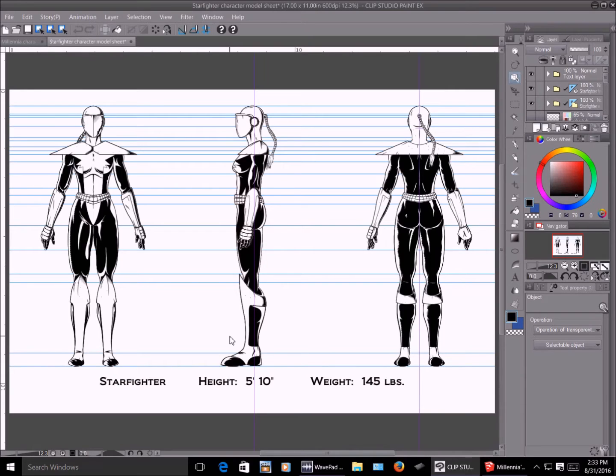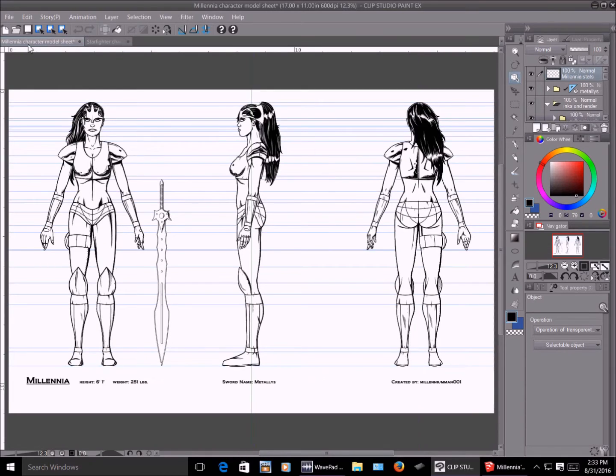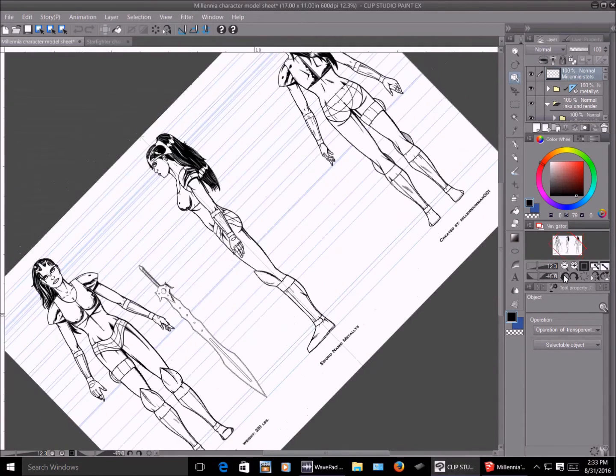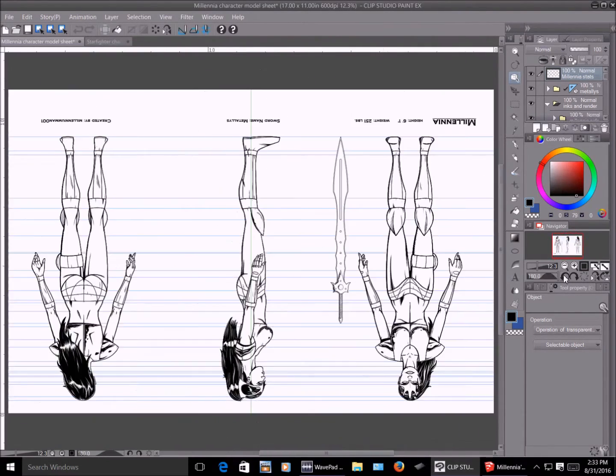But after playing around, testing a few things, I found the workaround. And I'm going to show you right now. First, I'm going to pull up a character that I'm going to show you how I built the model that's going to be transferred here. This is Millennia, another character of mine, and I'm going to show you the 3D version of her sword that she carries with her, named Medalist.